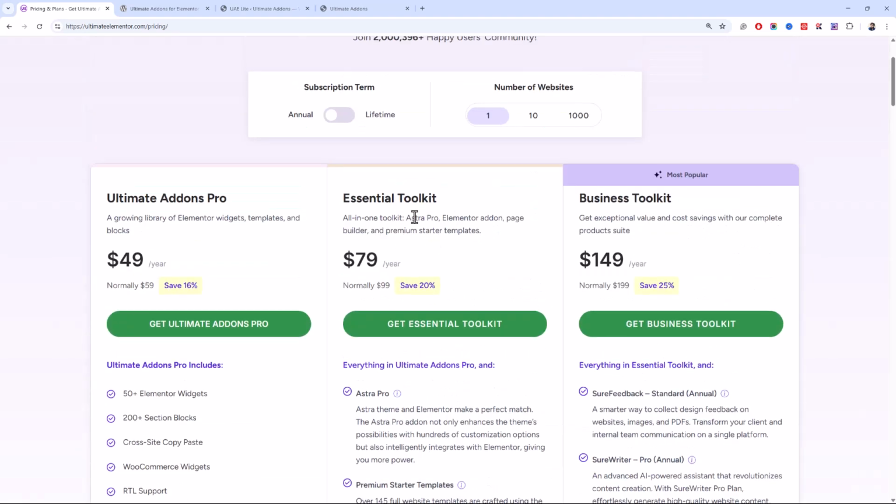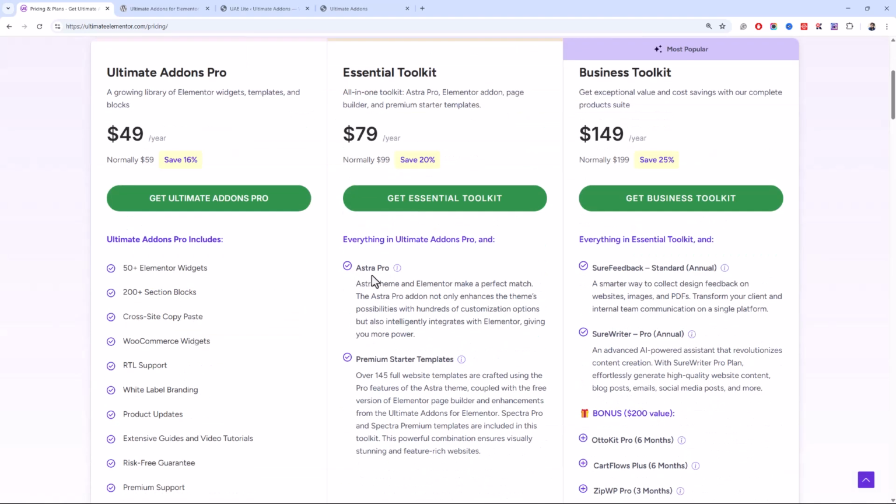So getting an essential toolkit will also give you access to Astra Pro, which is an amazing WordPress theme, which is the most popular free WordPress theme available at the moment. So in just $79 you can get Astra Pro, premium starter templates along with the Ultimate Add-ons Pro.